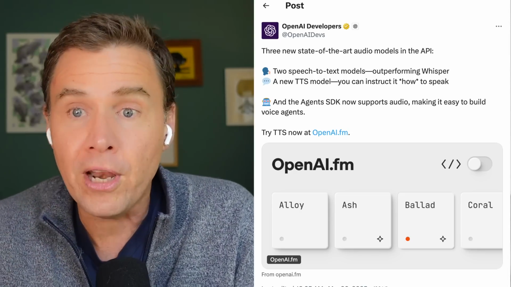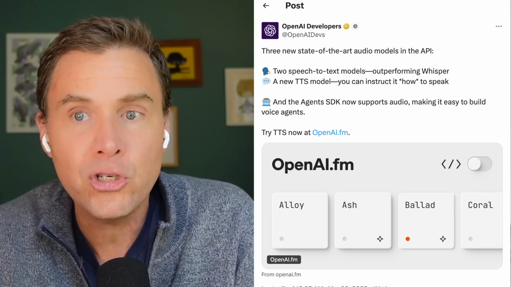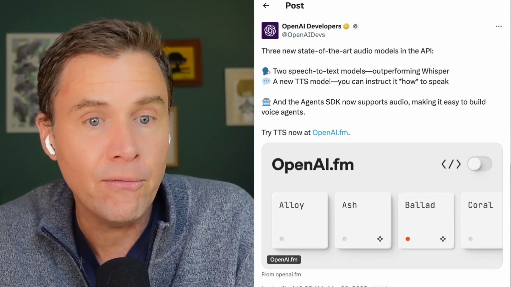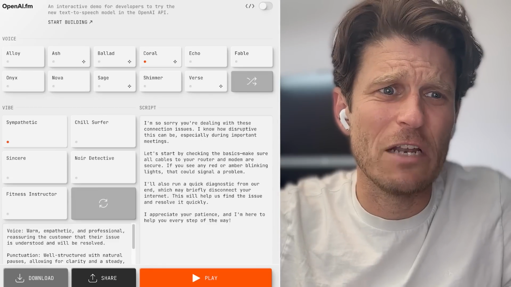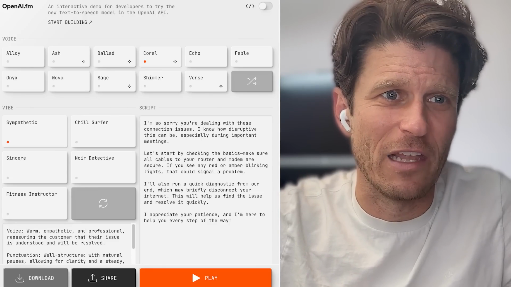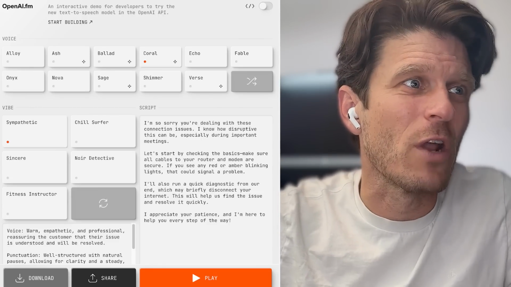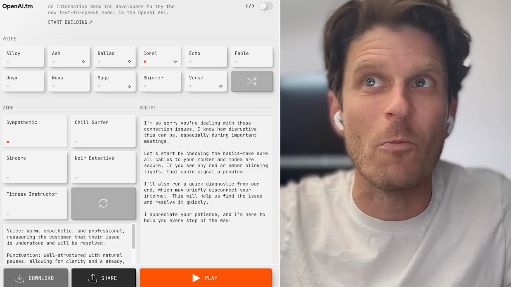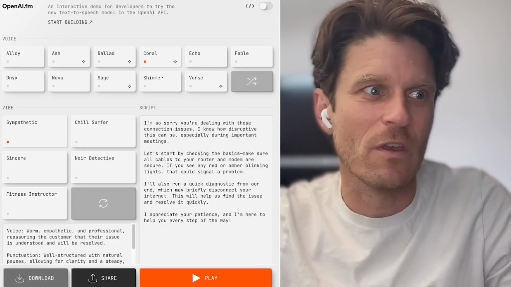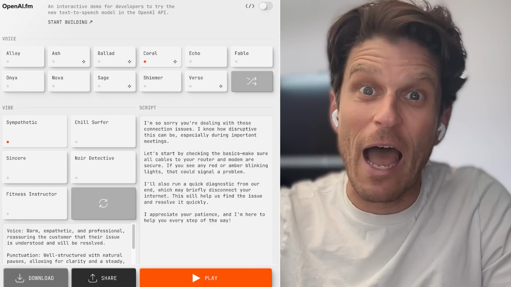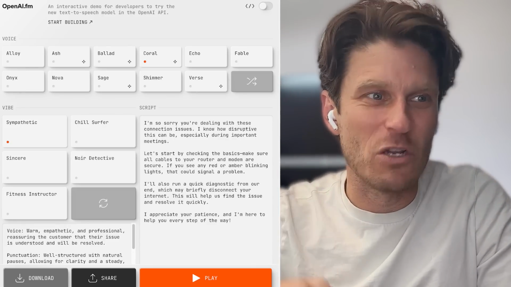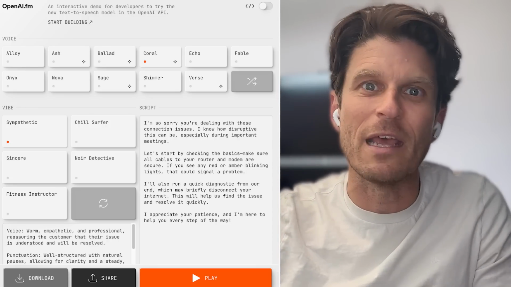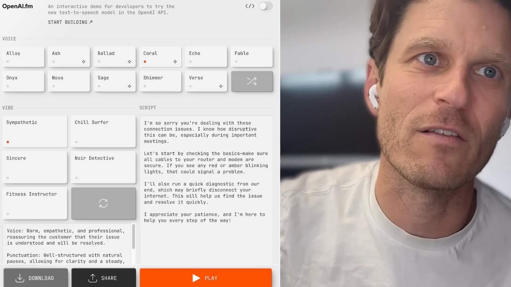But if you go there, you can really play with emotional tone in a way that hasn't been possible with voice AI before. Yeah, and it looks like a teenage engineering design. Yeah, which is so cool. It looks like an old beat maker, but you can go to openai.fm. You can play with all of these new GPT-4o mini text-to-speech models. You can change the vibe by shuffling, selecting something that's there, or giving a custom prompt, and then you can give it a script and hit play. And what you'll find is that